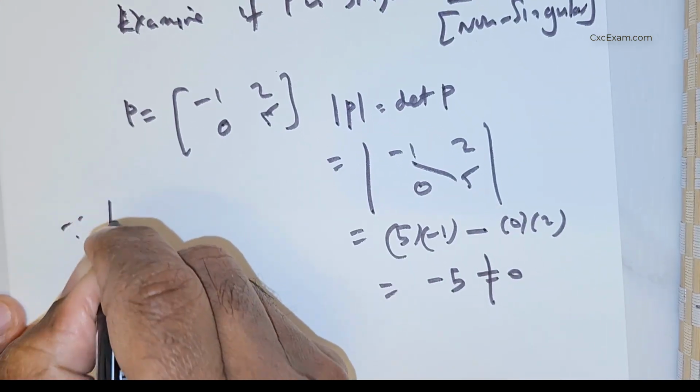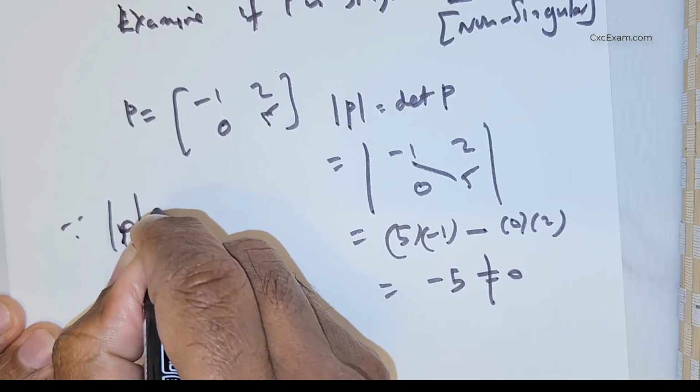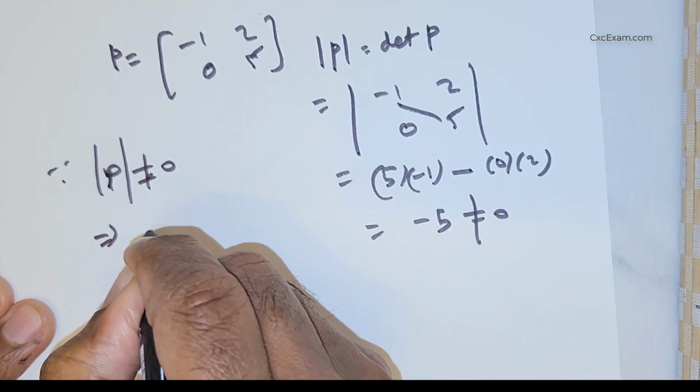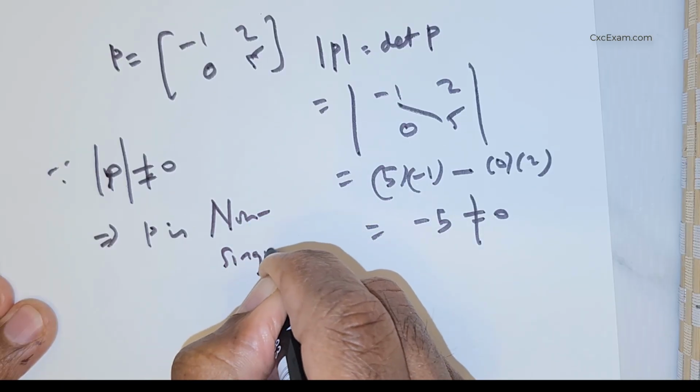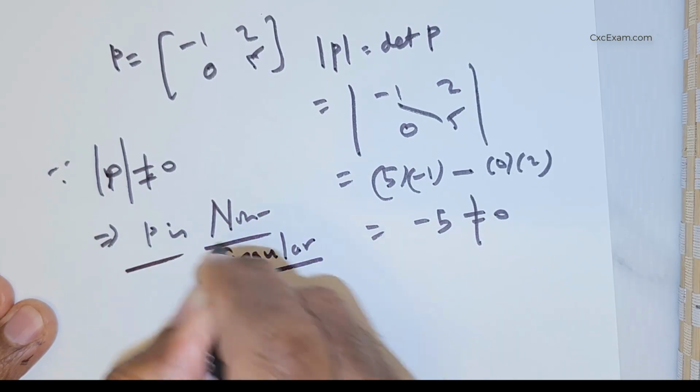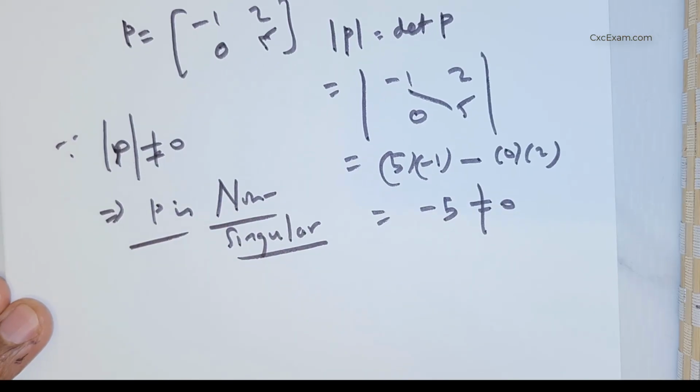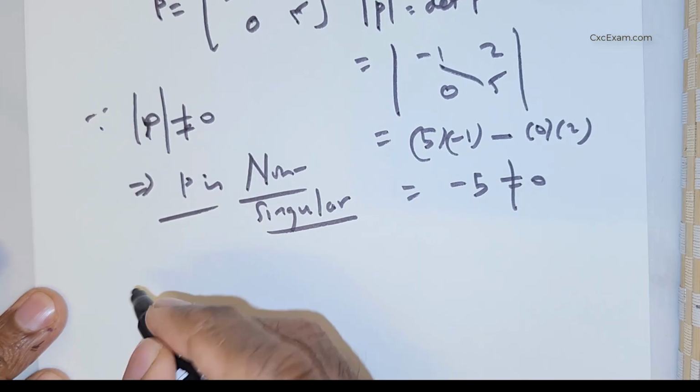So you conclude that since the modulus of P is not equal to 0, P is non-singular. You have to specify that. Determinant is not equal to 0, so the matrix is non-singular. Okay, so having got that, next is